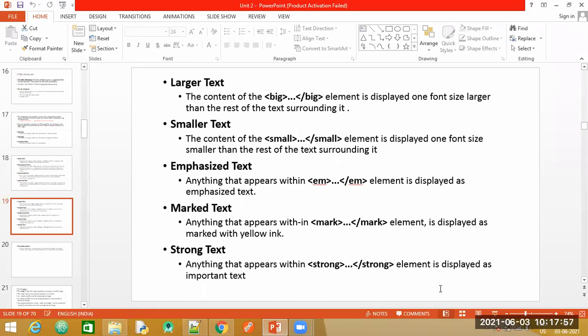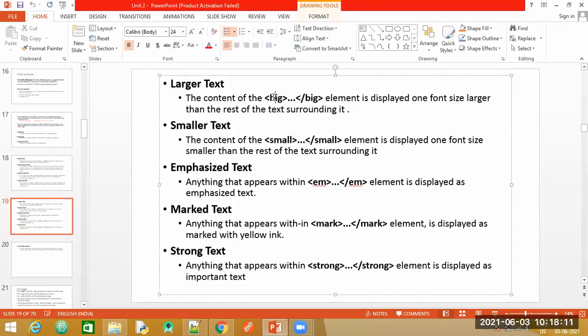Apart from this, we have some more effects. We have larger text, to display a particular text a little bigger than the normal font size your browser is taking. For that you have the big tag. Then the opposite, to make content appear a little smaller than the font size, you have the small tag. Then you have the emphasize tag.